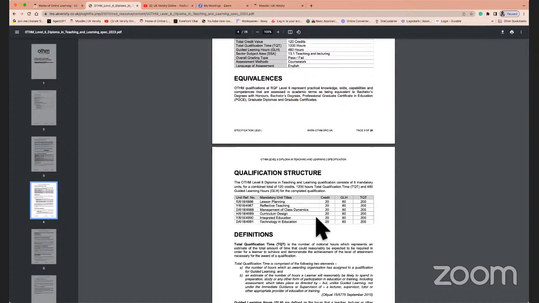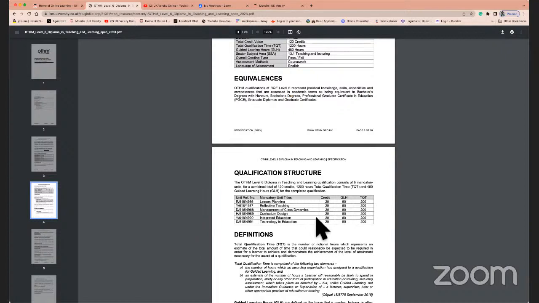After that, sometimes learners will also do what is called a PGC, a postgraduate diploma or certificate in education, where you do a bit of specialization, whether in a field like physics or chemistry; you choose your own subject. Now, OTHM has chosen to introduce this at level 6. This qualification very closely mirrors what is called a certificate in education, because it teaches you the fundamentals of